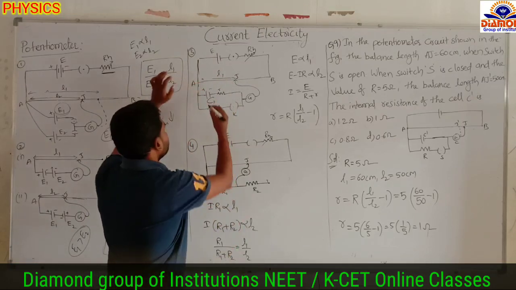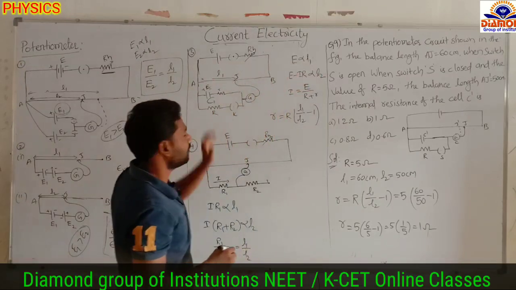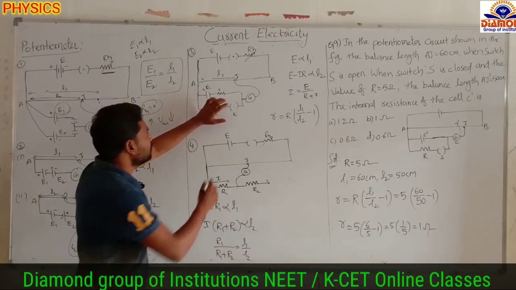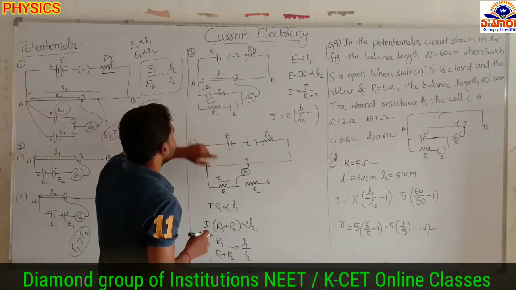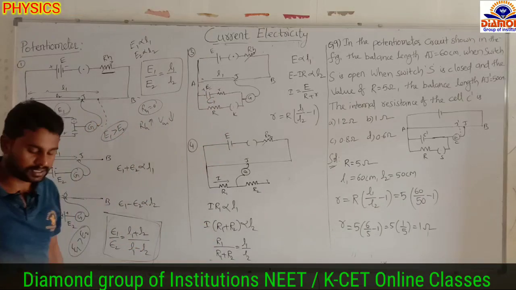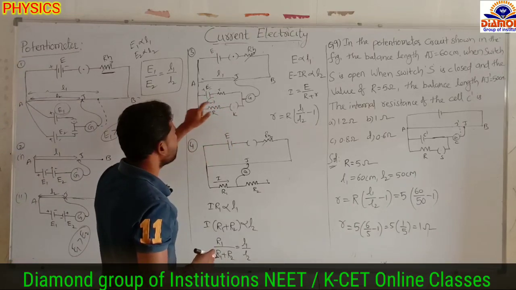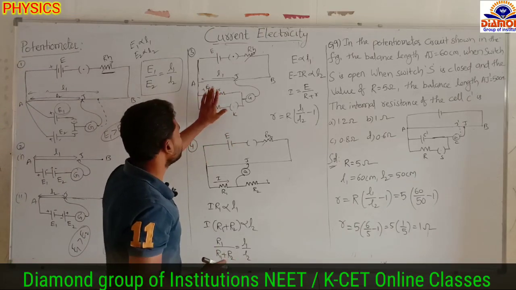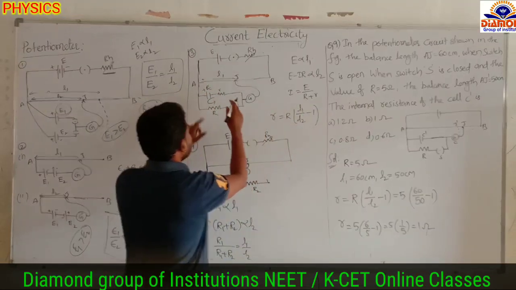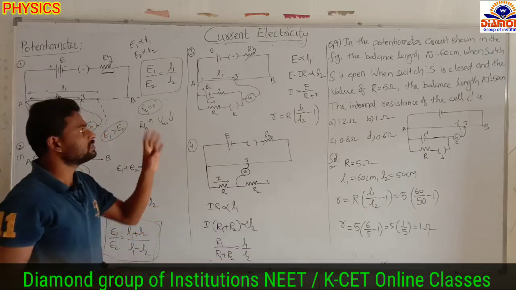So here the potential, which is nothing but the EMF, E is directly proportional to L1. Next, I switch on the switch, and this battery will be discharged through the external resistance R. Then potential decreases. How much? E minus IR. So E minus IR is directly proportional to the length; now again move the jockey on this wire, it will come to null deflection at some point.